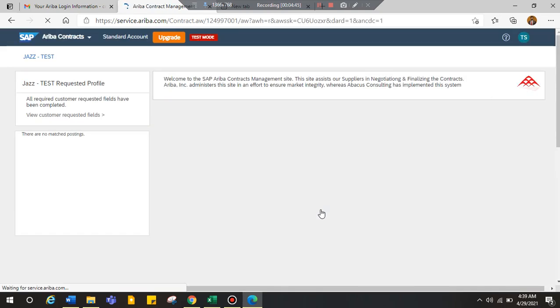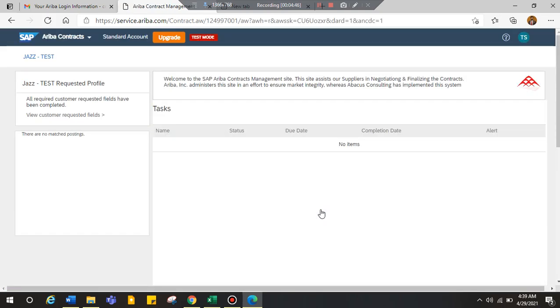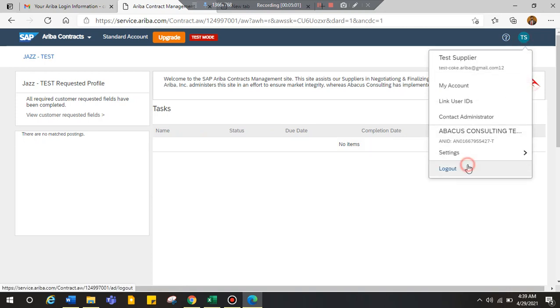You just have to review those contracts and send them back to the POC. So here you can find the task that will contain the contract. You just need to download that contract, review it, and then populate it back here. Now once I'm done, I'm gonna log out from here, and that's it.